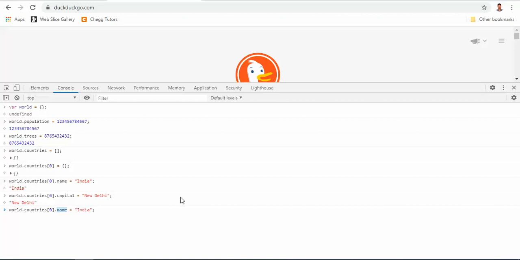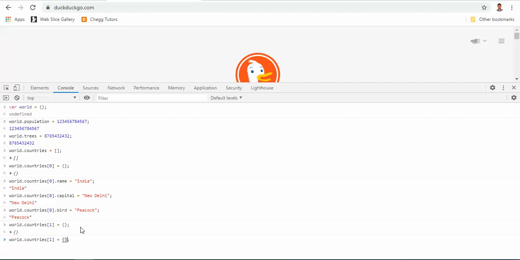Suppose that national bird, it will be peacock. So like that we can initialize another country as well, like Japan.